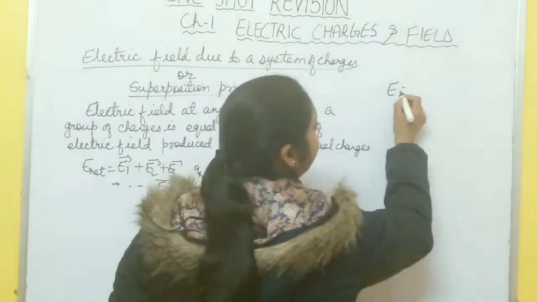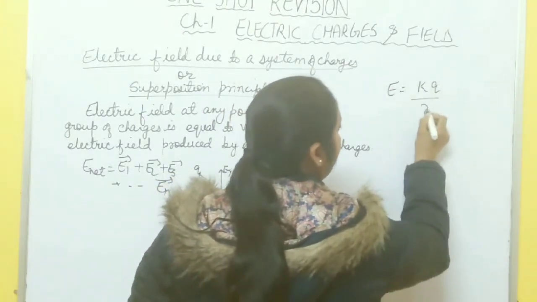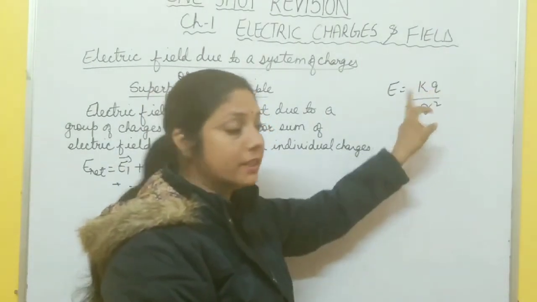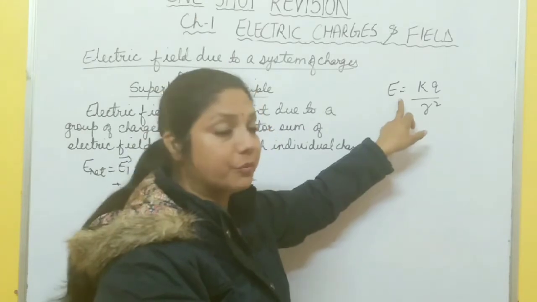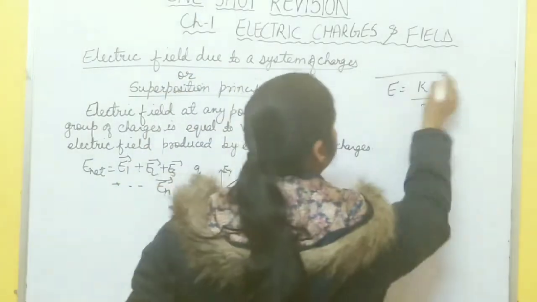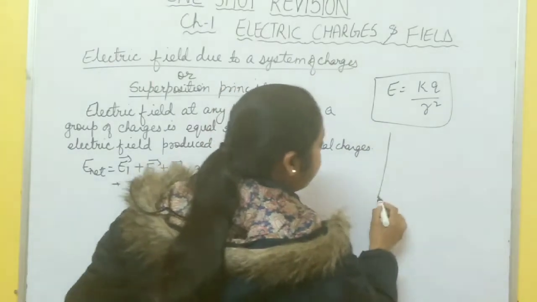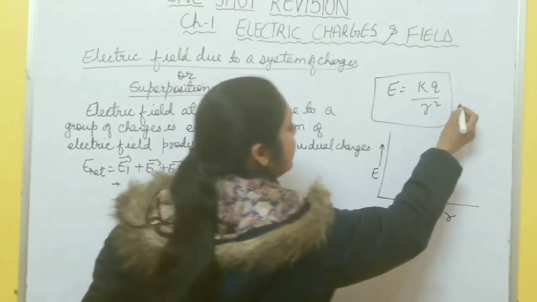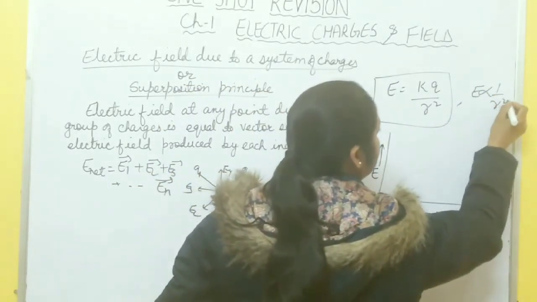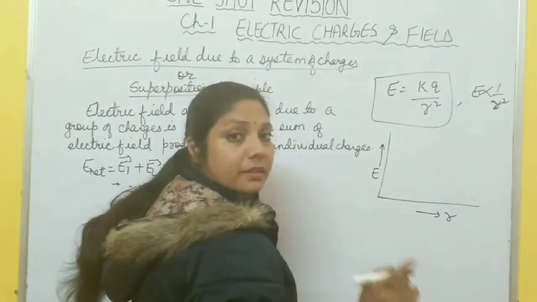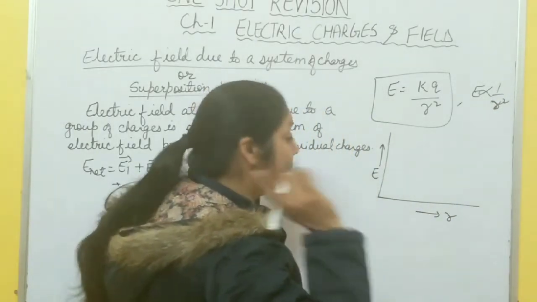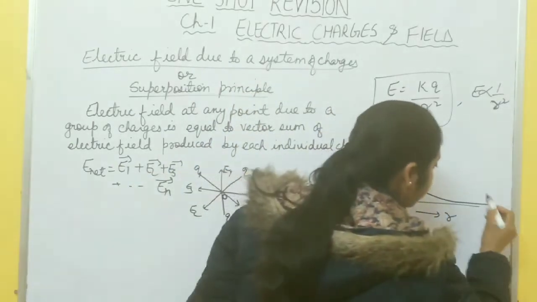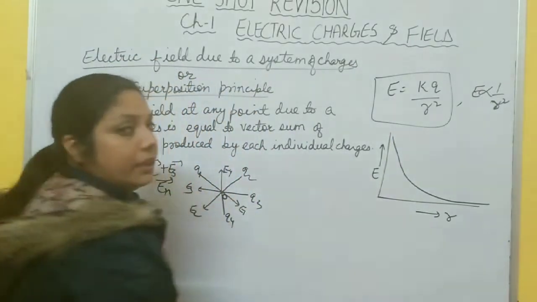What is the expression for electric field? E equal to KQ by r square. Due to this charge Q, there is an electric field region around this charge. At a distance r, the electric field due to a point charge is KQ by r square. You must remember this point, right? So when you draw a graph between E and r, here is E and this side is r. E is inversely proportional to r square. So electric field never comes to 0. It extends to infinity. So electric field decreases with the increase in distance and extends to infinity. This is the graph between E and r.